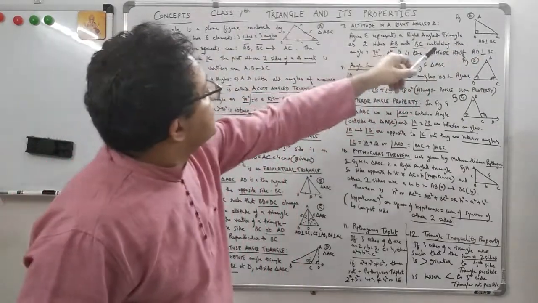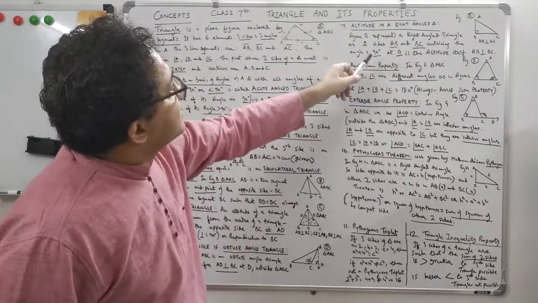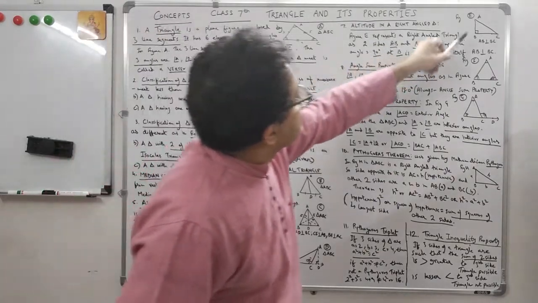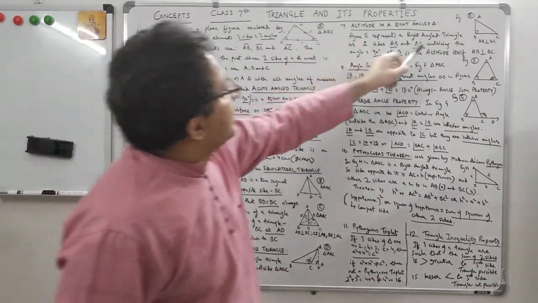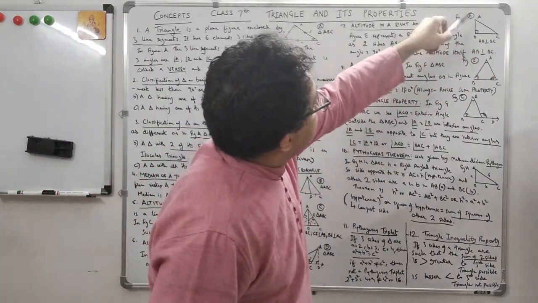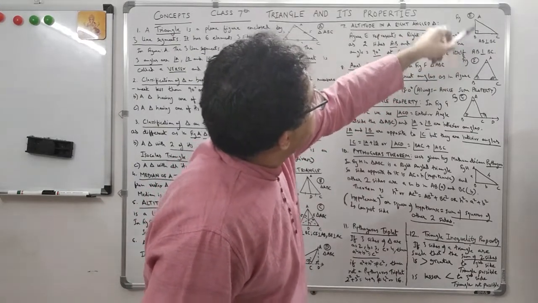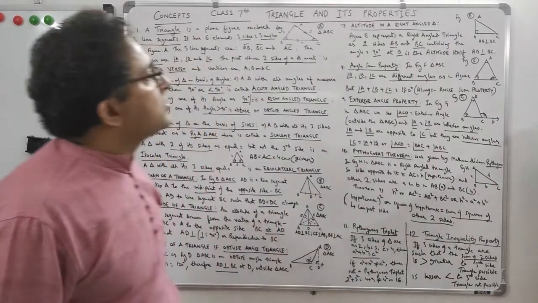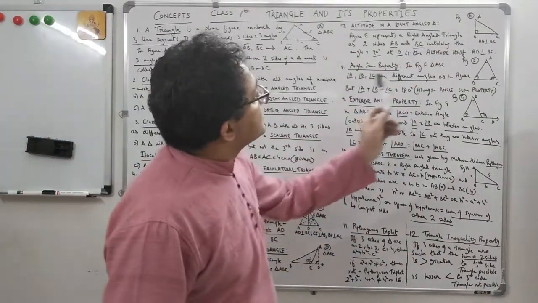So in triangle ABC, figure E, as you see there, is a right angle triangle, as the two sides AB and BC containing the angle are at 90 degrees. So angle ABC is 90 degrees, and I also mentioned AB is perpendicular to BC, or you can say angle ABC is 90 degrees. This itself is the altitude.